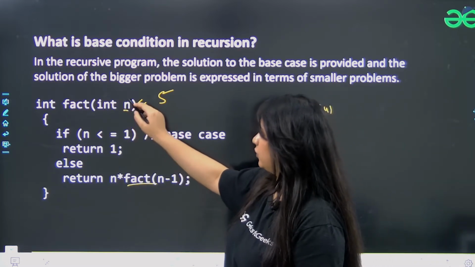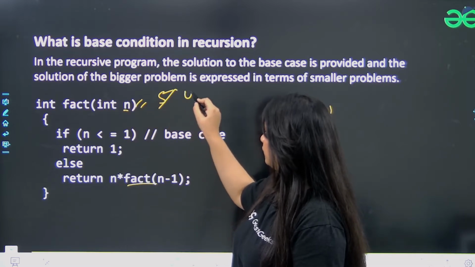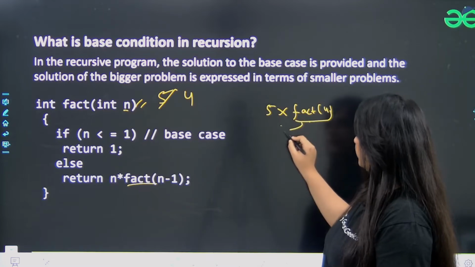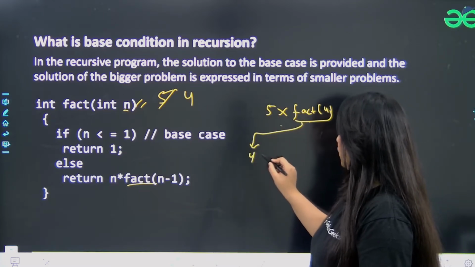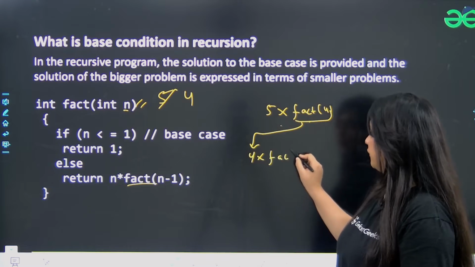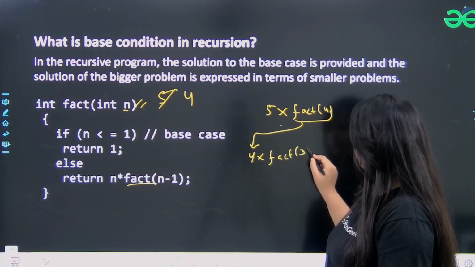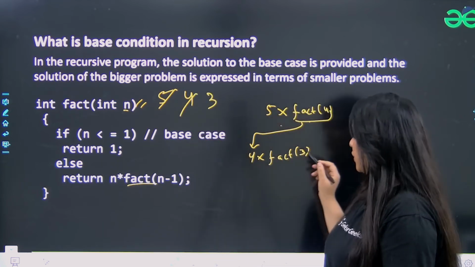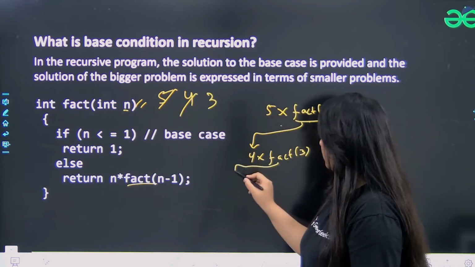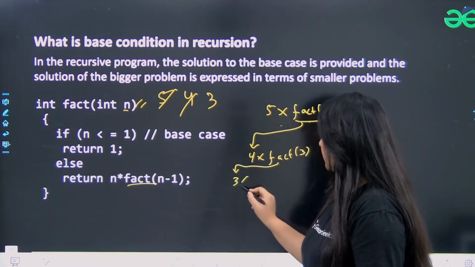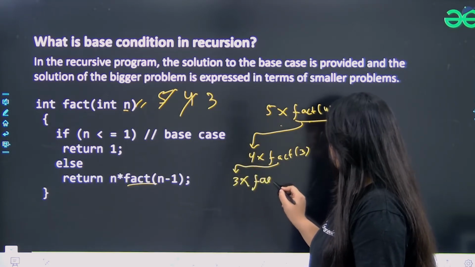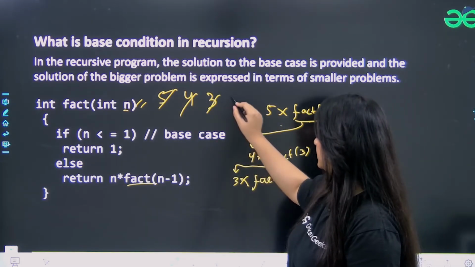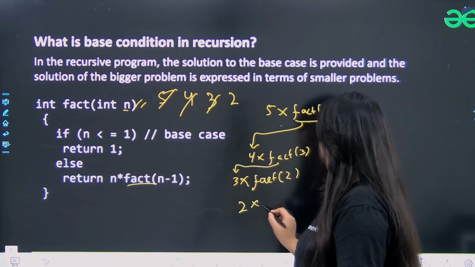Now the n value is 4. This time the n value is not 5, it is 4. Again I will go in this and it will say fact 4. Inside this, fact 4 will say: 4 into find the factorial of 3, fact 3. Now again I am calling this function, and now the value of n is 3. Again this function will say 3 into fact 2. Now again the value is changed. This will be 2 into fact of 1,